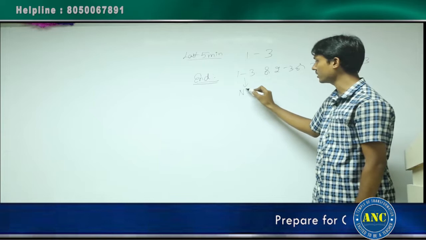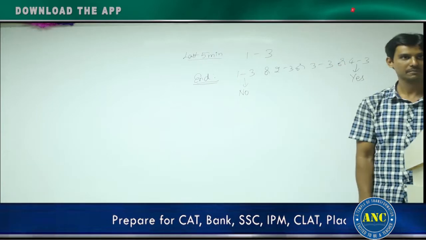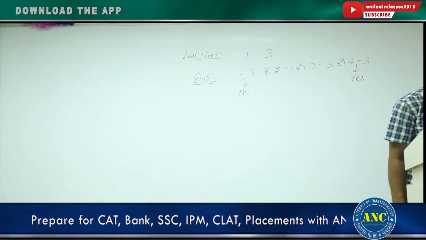Here they are losing the match. You are telling the answer as no. Here they are winning the match. You are telling the answer as yes. Again, multiple answers. Understanding, right? Now, if I combine both the statements,